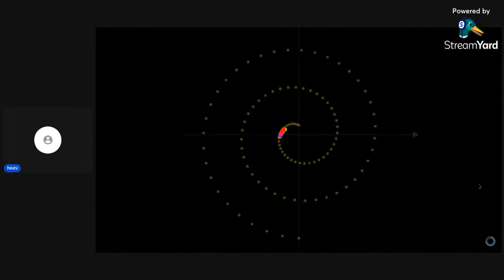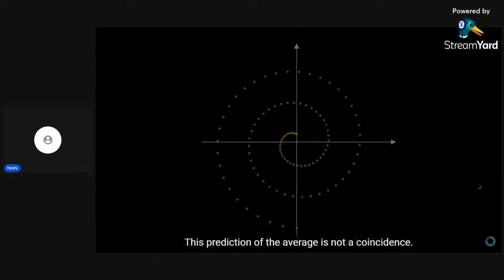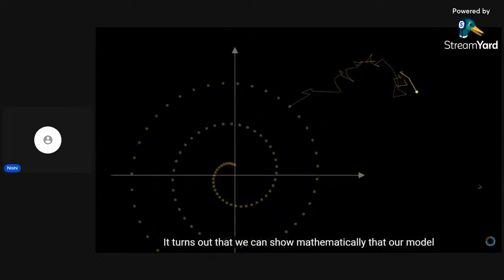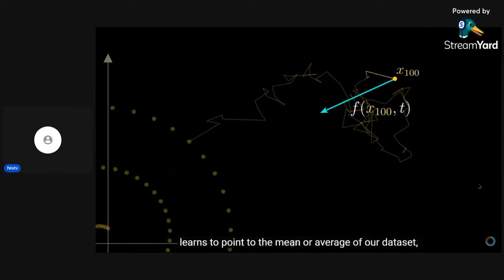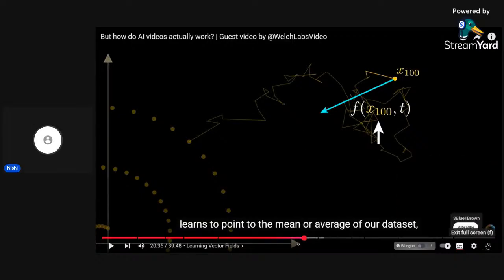This prediction of the average is not a coincidence. It turns out that we can show mathematically that our model learns to point to the mean or average of our dataset, conditioned